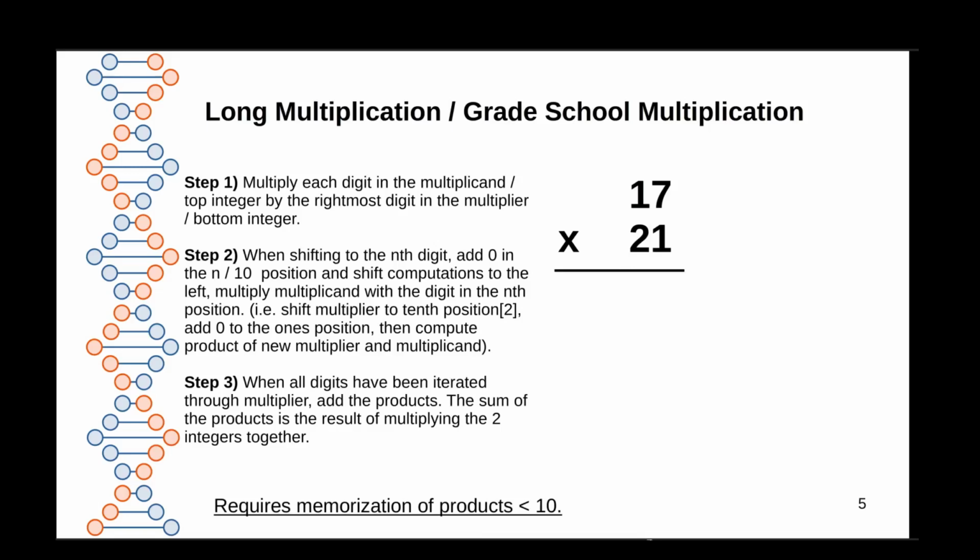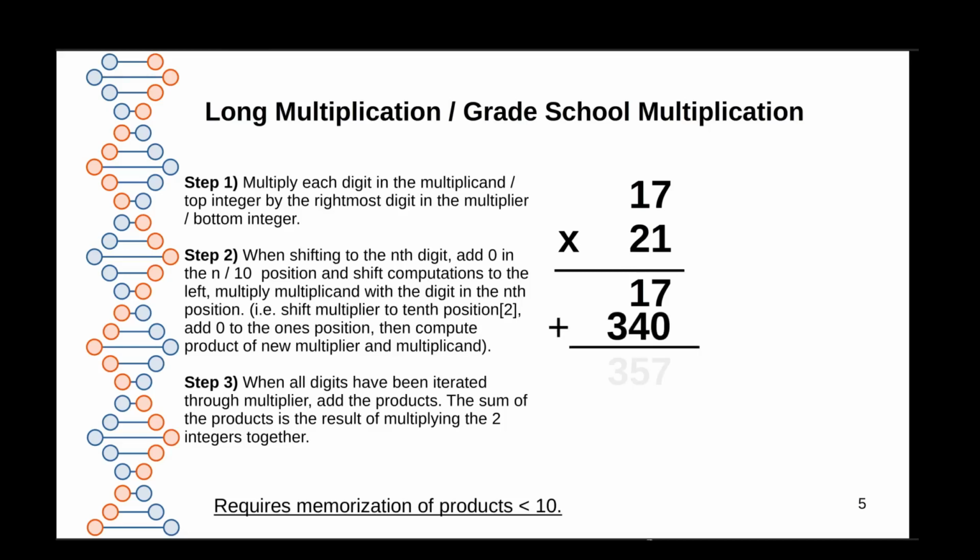When the last value has been multiplied in the top, we shift to the next value in the multiplier, which in this case is the tens value, which happened to be 2. Simultaneously, a 0 is added to the p over 10 position, where p represents the place value. After padding with zeros, the new multiplier is multiplied with the top number, and this step repeats for all values